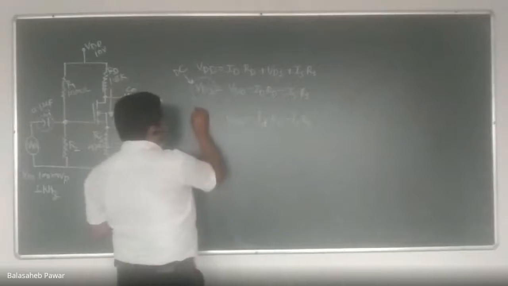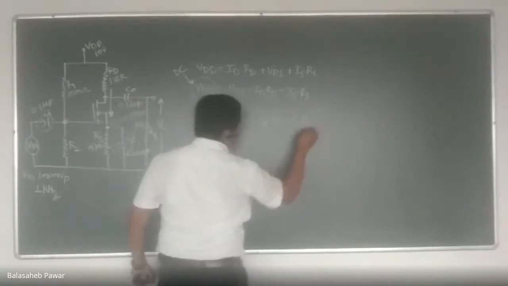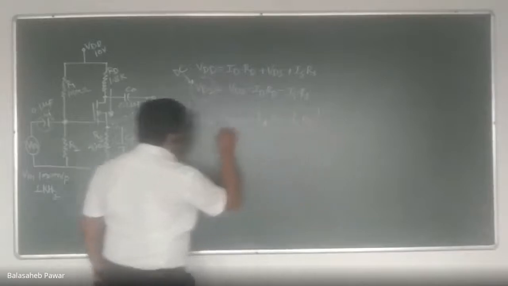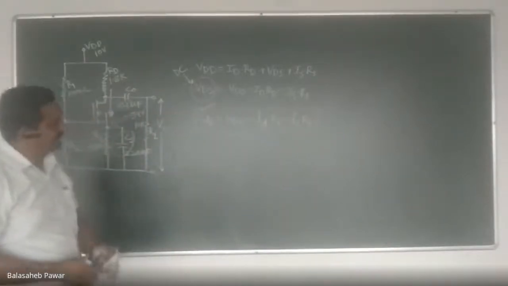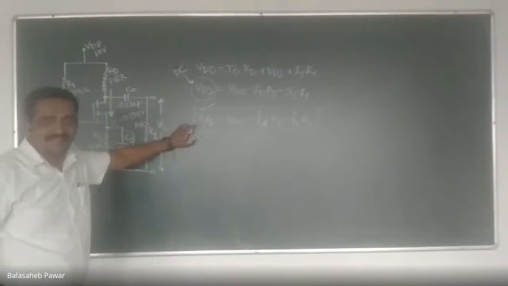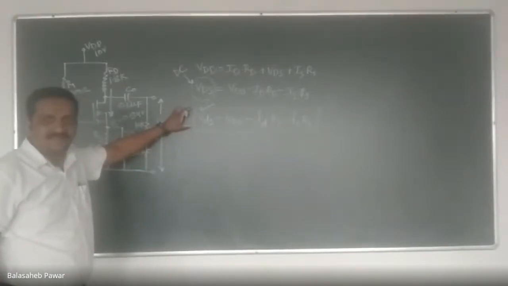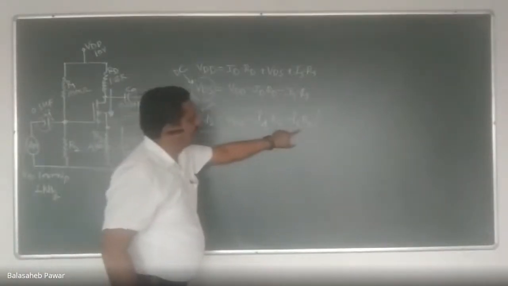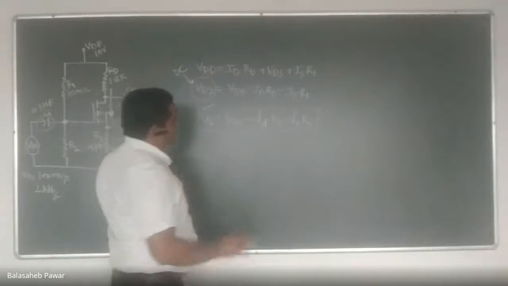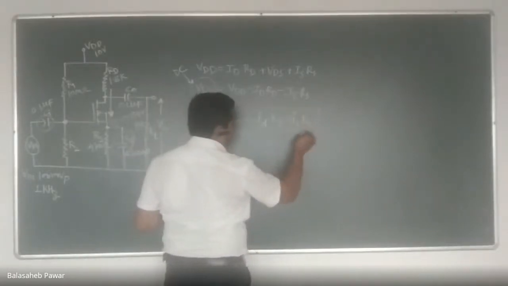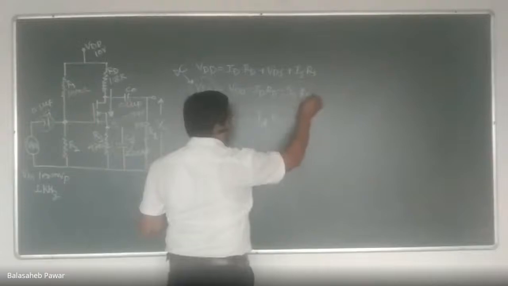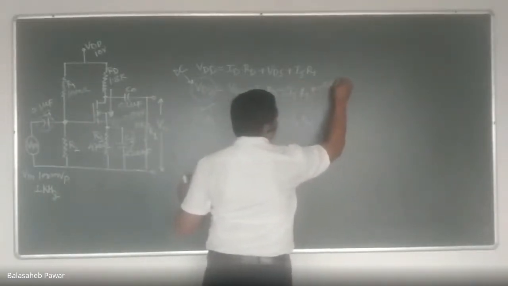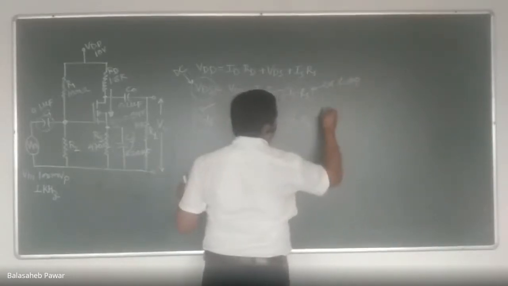So see, being an amplifier, we are interested in this one, that is the AC output voltage, which I wrote with small letters. vds equals VDD minus id into RD minus is into RS. So what is the difference between small is into RS and capital IS into RS? This is known as the DC voltage drop across that RS, and this one is known as the AC voltage drop across that RS.